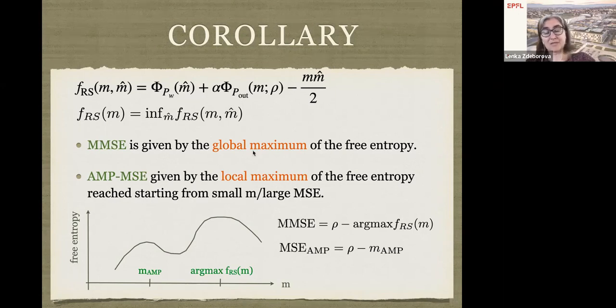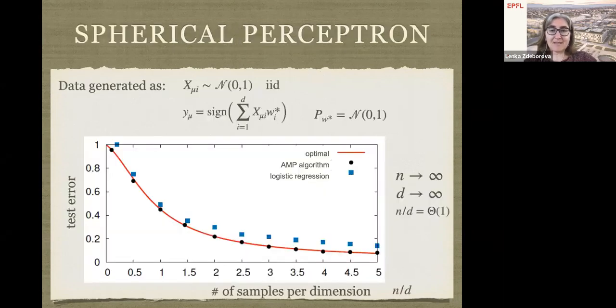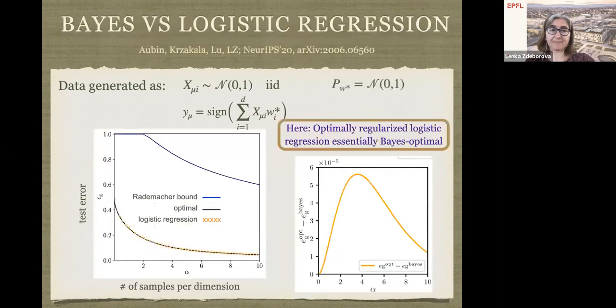So analyzing where its global maximum and local maximum are becomes very easy, even if it is non-convex. It's just the function one needs to plot. So that's these black points, the performance of the algorithm. And in this particular case of the spherical perceptron, the global and local maximum are the same. That's why these points exactly lie on the optimal curve. So in this case, the AMP is able to give you the optimal test error in the high dimension limit.